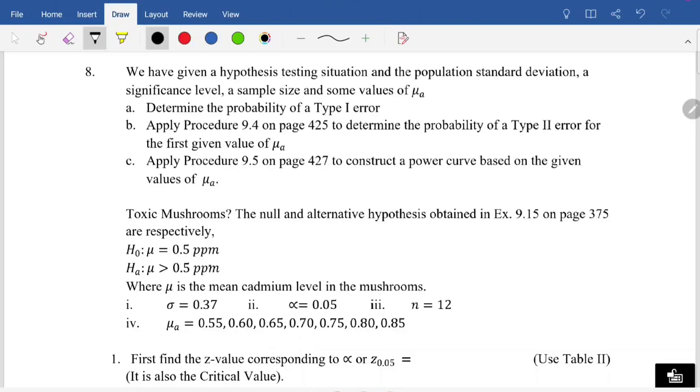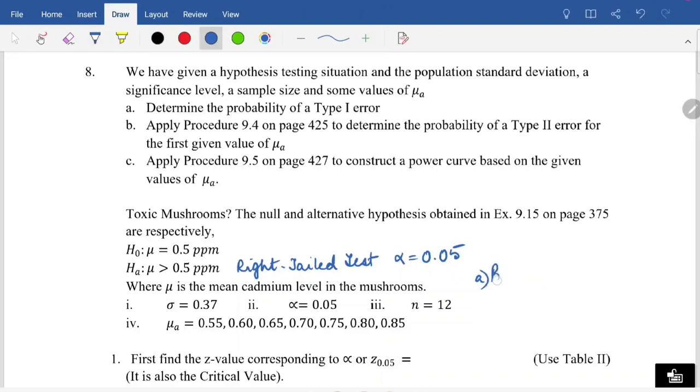Now, the first thing that we must do is determine, if we were to perform a hypothesis test, what kind of a test this would be. The alternate hypothesis says mu is greater than 0.5 ppm. So this makes it a right tail test, if you recall. All right, it's a right tail test, and it is performed at a significance level of 5%, so alpha is 0.05. Now, the first question says determine the probability of a type 1 error. So the probability of a type 1 error is whatever the value of alpha is. All right. So to answer part A,